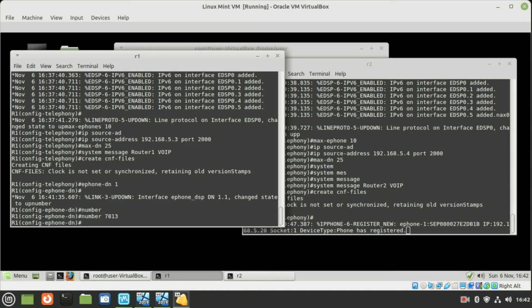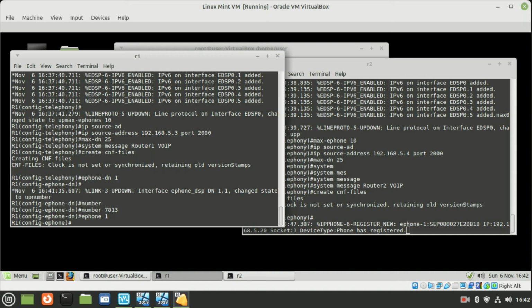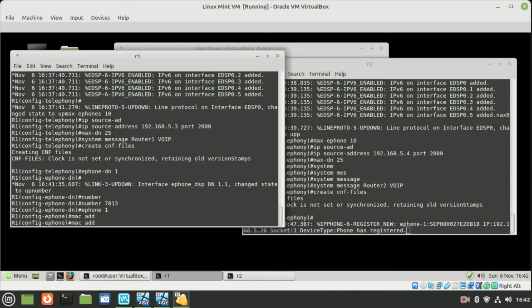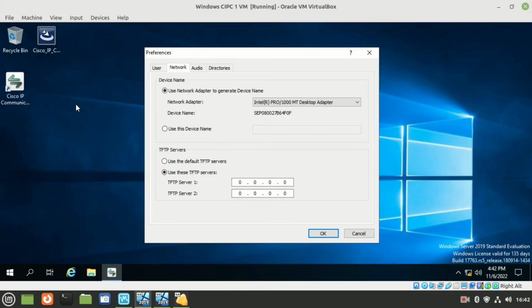And at this point we created our directory number, and now we can create our first phone as well. So we're going to call this one phone ephone1 since it's the first phone. And then we want to assign the MAC address. In order to create our first phone, what we want to do is go onto one of our Windows VM,